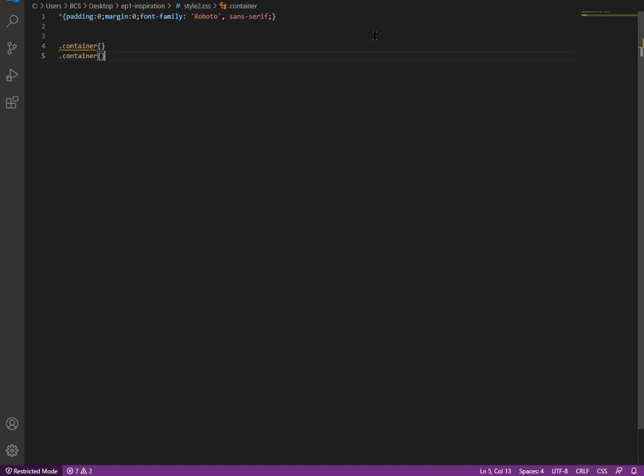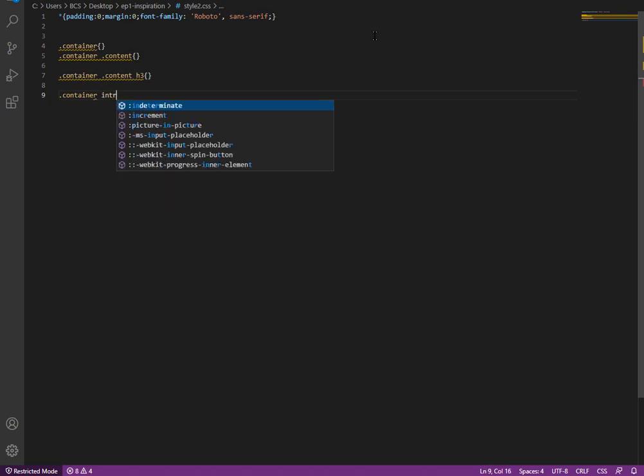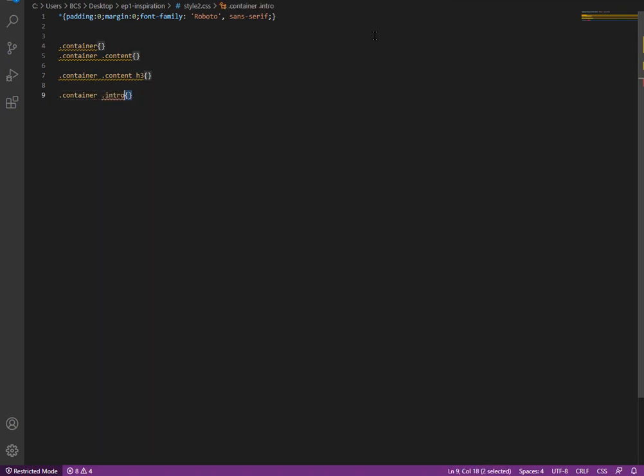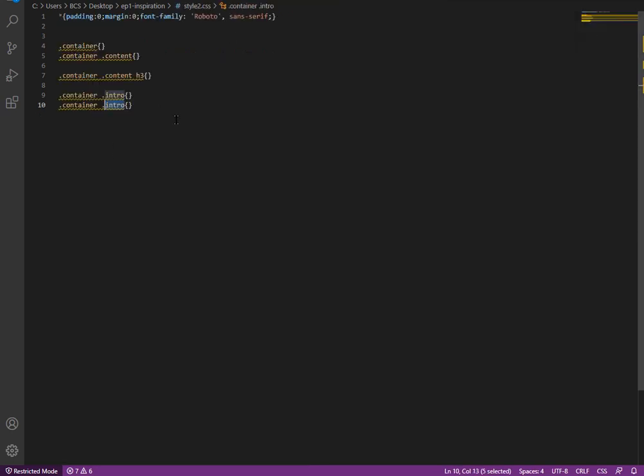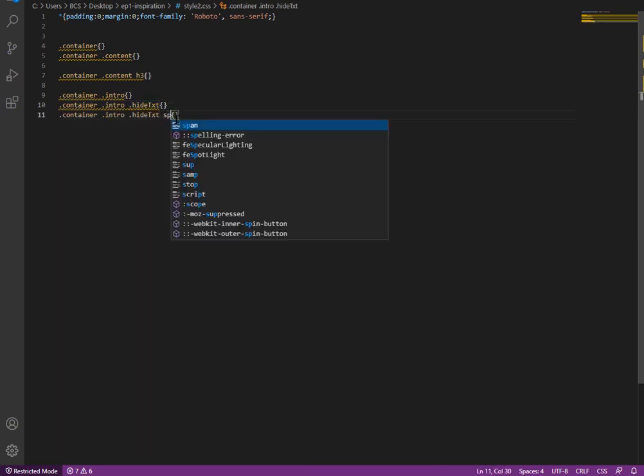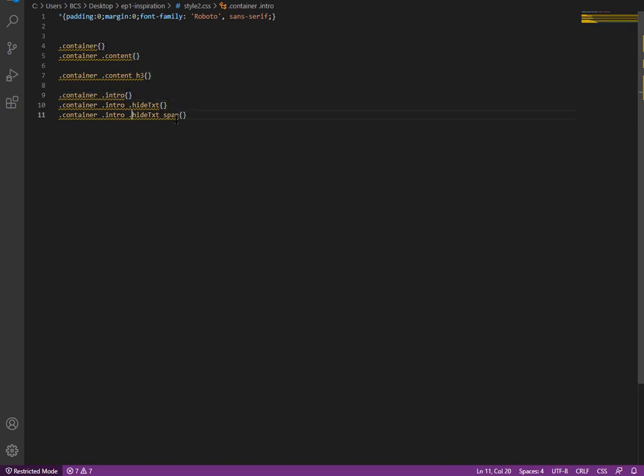Inside container we have content, inside content we have h3, and then in container we have intro, which is a class, and then the hide text div inside intro, and then the hide text has span, and then we have slider.